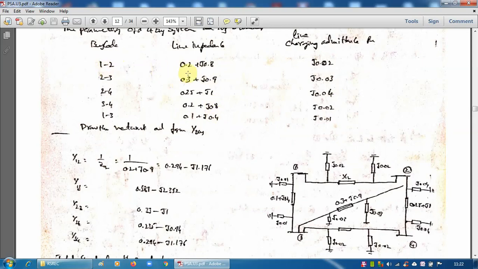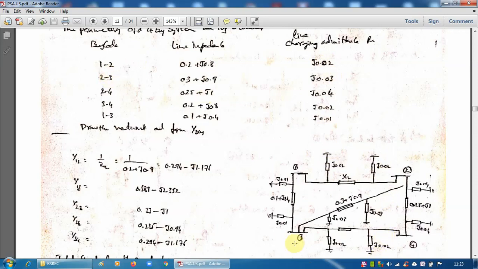So for line 1-2, series impedance and also admittance, we can easily convert. Take it as that admittance is given. So series admittance and shunt admittance both are given. These are marked like this. Series admittance is 1 by this value, and shunt admittance is given, that is to be represented like this, as it is given as J.02, J.02 and J.02. These are marked like this.